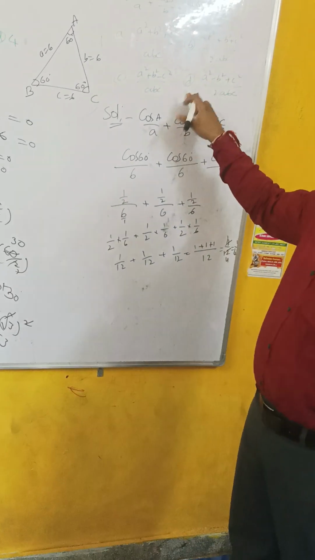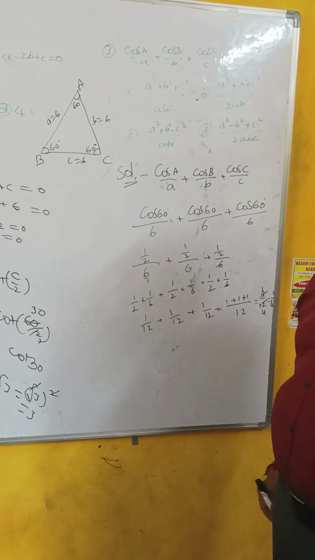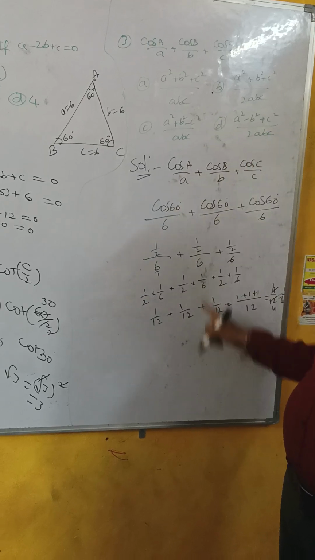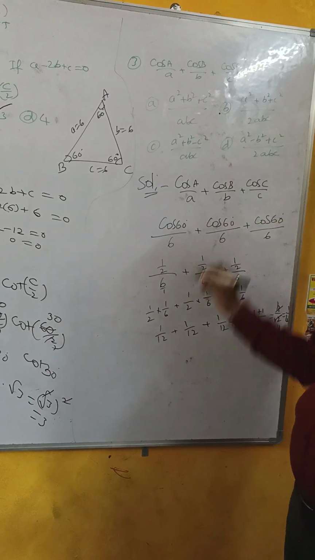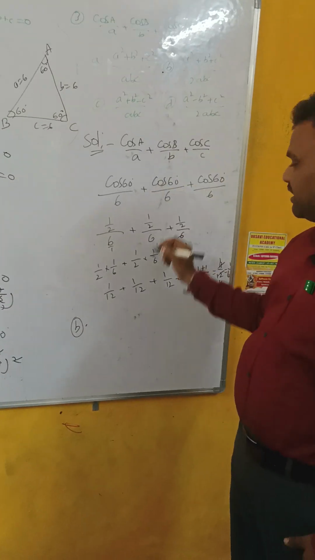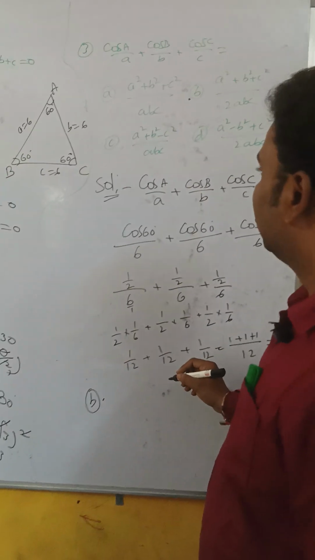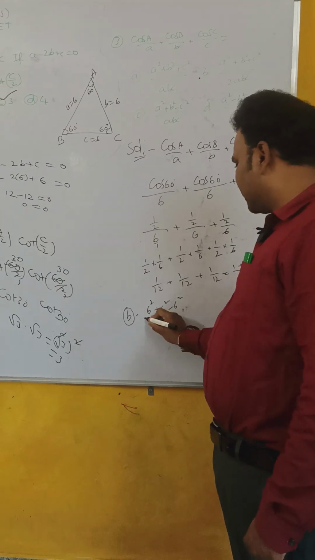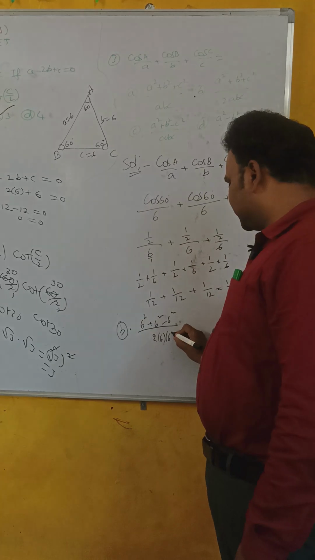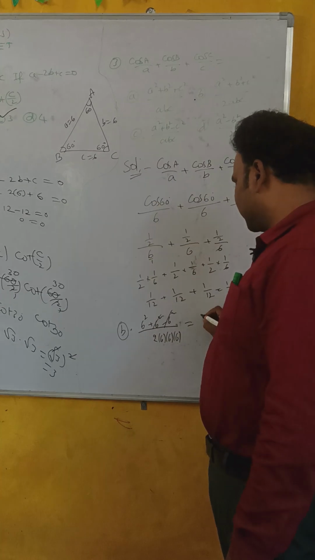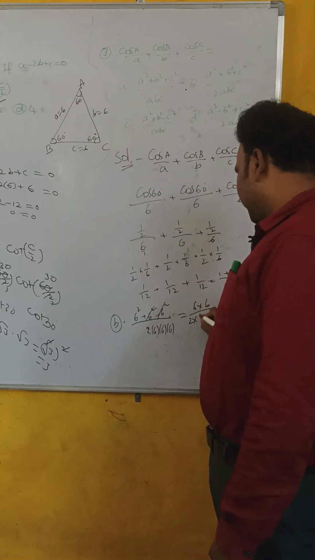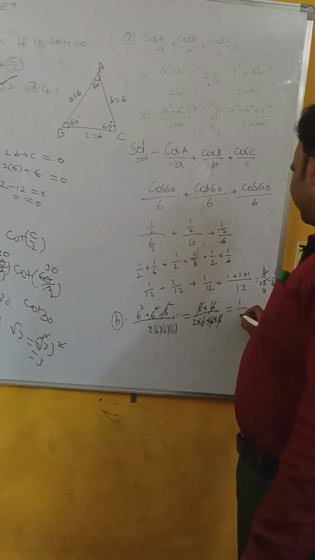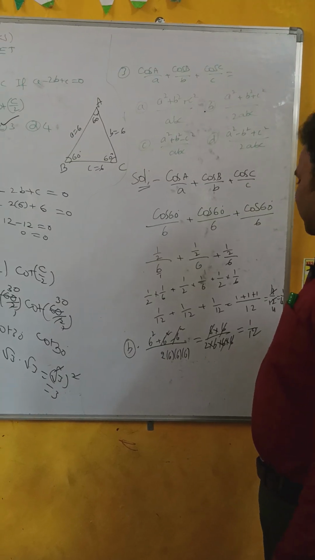You need to verify all the options. I am taking option B directly now, but you need to check first option A, then B, then C, then D, to see which option is correct for the answer 1 by 4. Now what is option B? It is a square plus b square plus c square divided by 2 into abc. These are all small letters only. Then with small letters: 6 square plus 6 square minus 6 square divided by 2 into 6 into 6 into 6. 6 square minus 6 square cancel. 6 square is 6 into 6 divided by 2 into 6 into 6 into 6. 6 cancel, then 1 by 12.